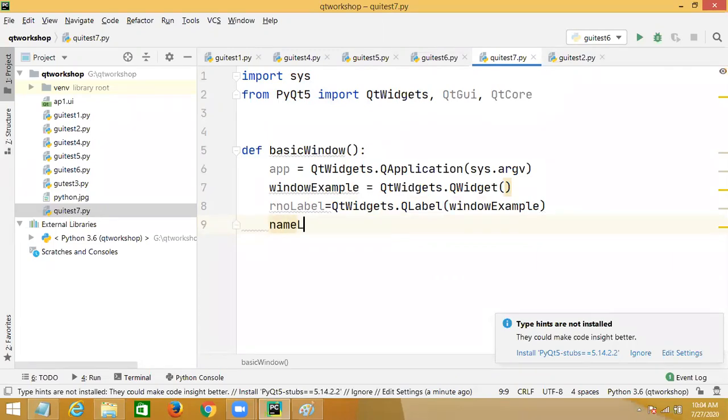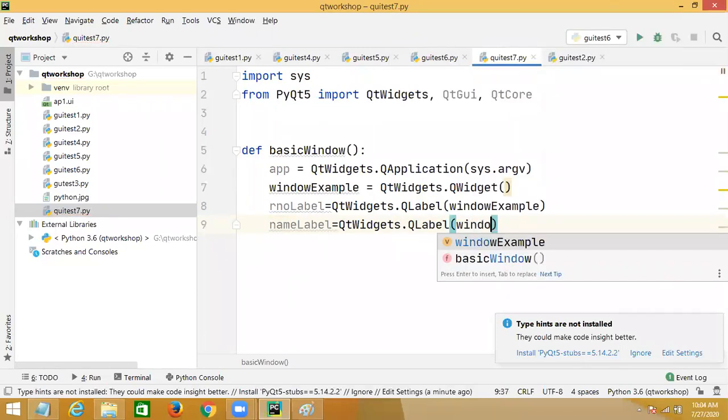This is the name label, also QtWidgets.QLabel, and this is also window example.